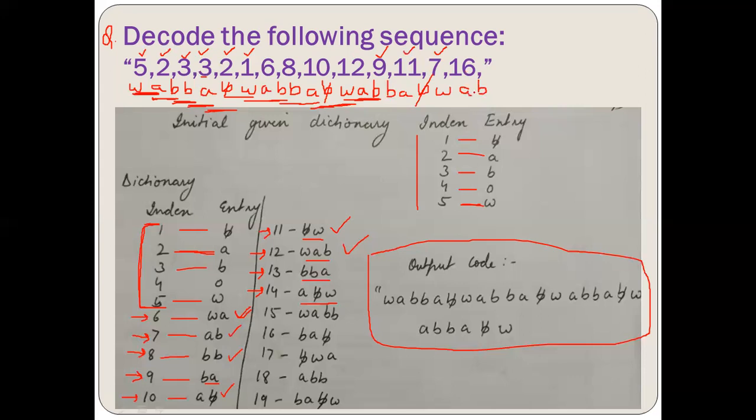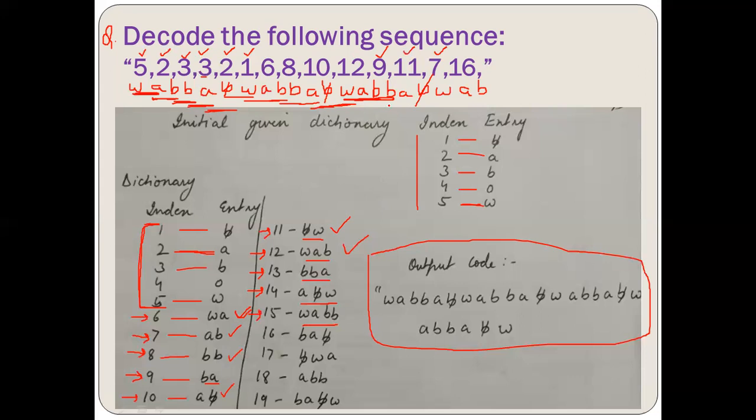16th, I have not maintained the dictionary till 16th. So I'm going to move back. We have done till here. WAB, it was already there. So I need to move one more alphabet encounter, WABB. So just see here, WABB is not there anywhere. So at the 15th position, I make a new entry for WABB, right?